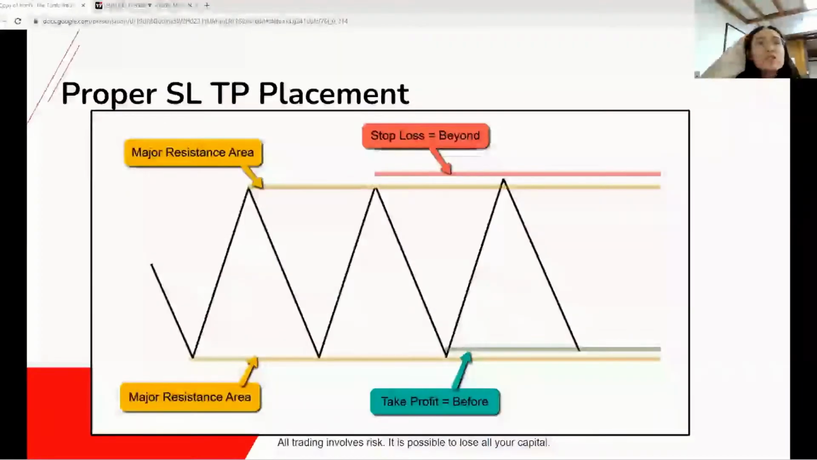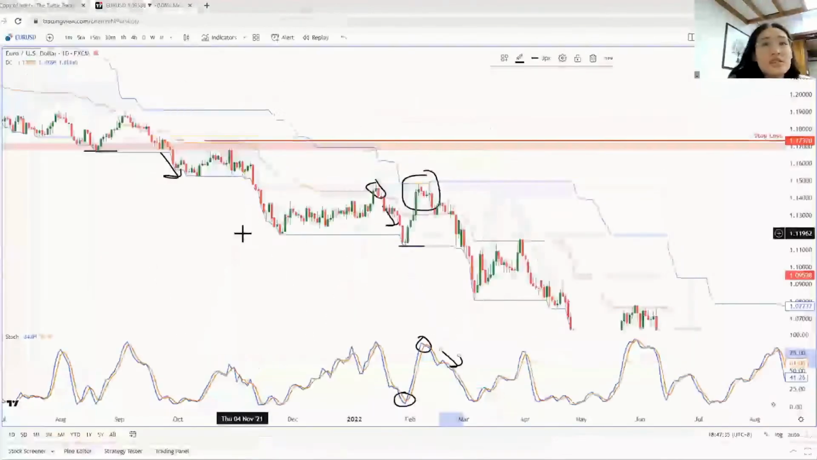Okay, so here's just a diagram to show you the proper stop loss and take profit placement. This applies for really any kind of trading strategy. The proper stop loss and take profit placement ensures that you maximize your wins and minimize your losses. So for example, in this example over here,